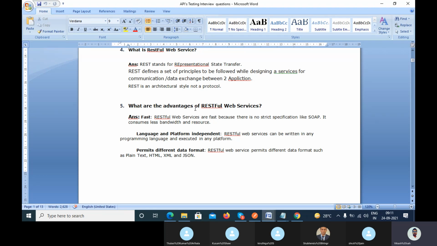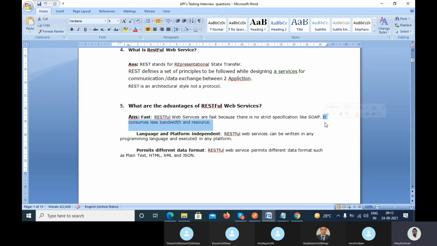As compared to SOAP, REST is fast, because there is no strict specification like SOAP. In SOAP, we have to follow the format, the envelope at the top, the header and the body, the optional parts, and then close all the tags. There is no restriction like that in REST.